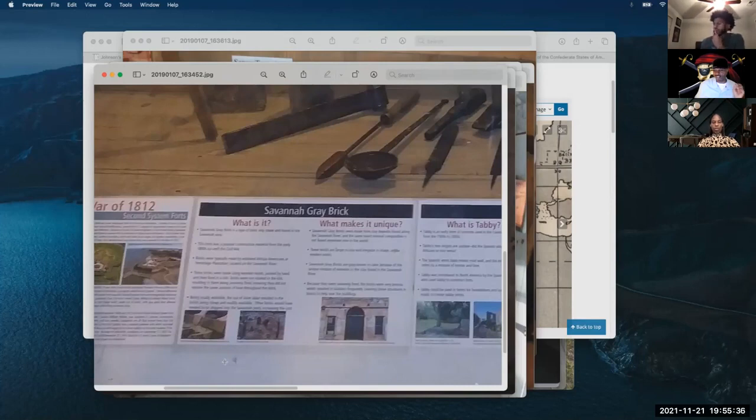Interesting. And to this day, they still don't know how the natives of that area were able to make gray brick. To this day, they still don't know how y'all made gray brick. And so you can see the difference between the colonial side of Savannah, which is going to be near the waterways. All of that kind of looks like Europe with the cobblestone in the road. But then when you go into the prisoner of war or black section of Savannah, you're going to see that gray brick